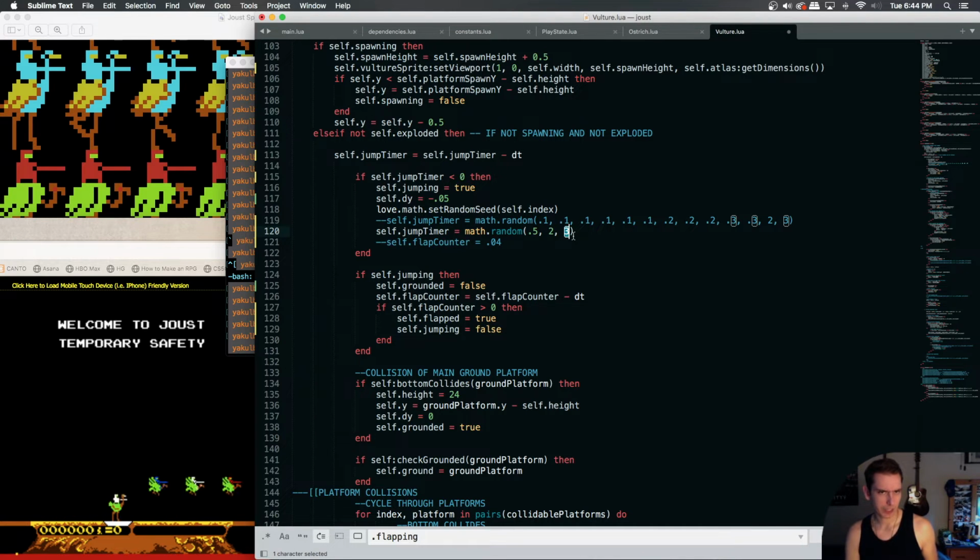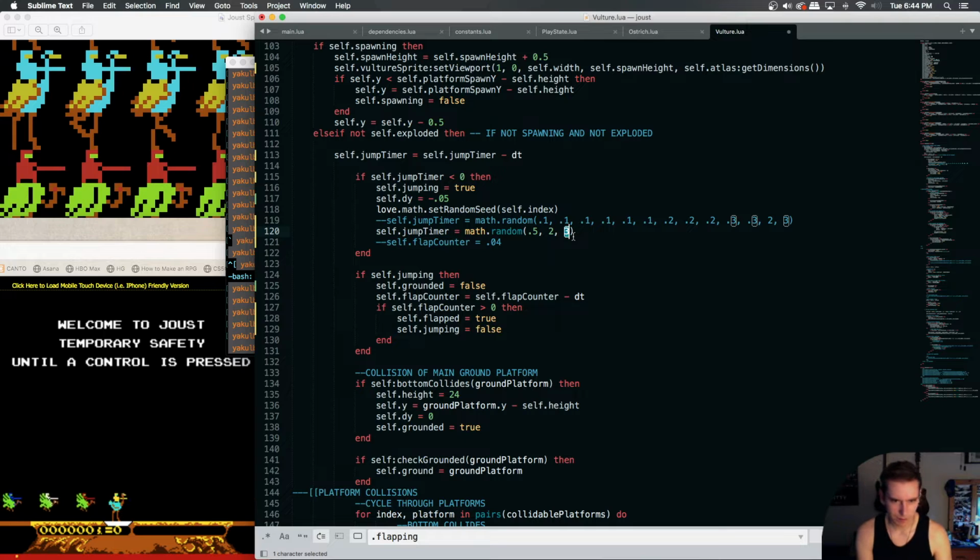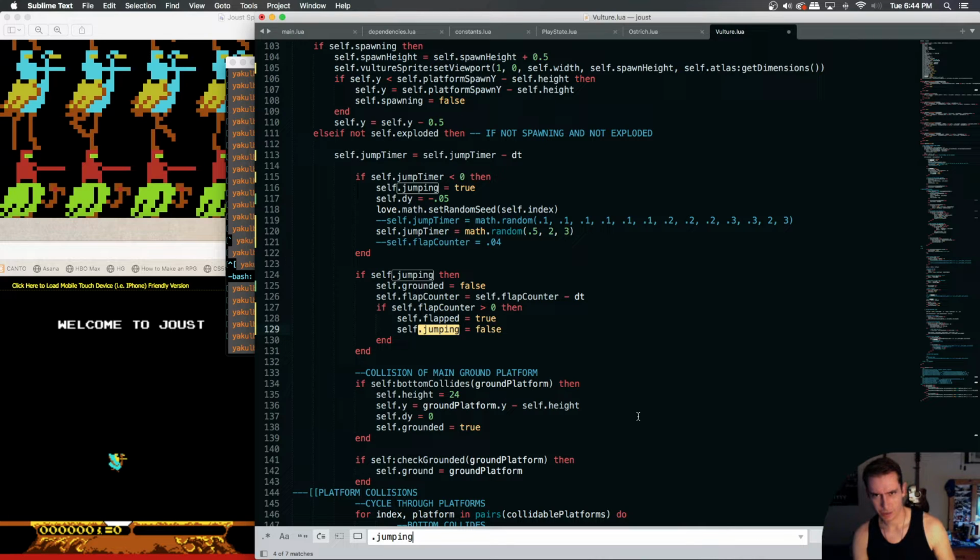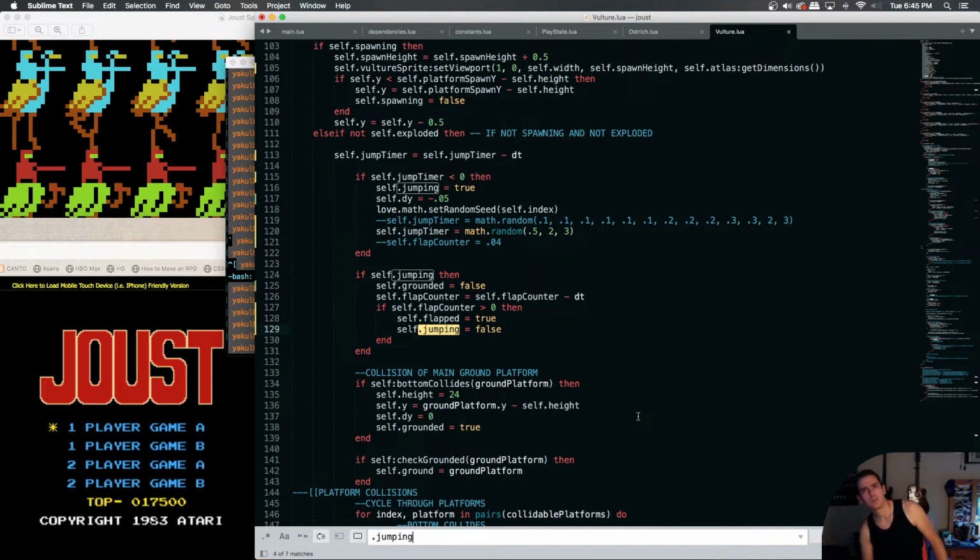So what is jumping really keeping track of? Jumping is initially setting the variable, but we're also saying if we're jumping and flap counter is greater than 0,